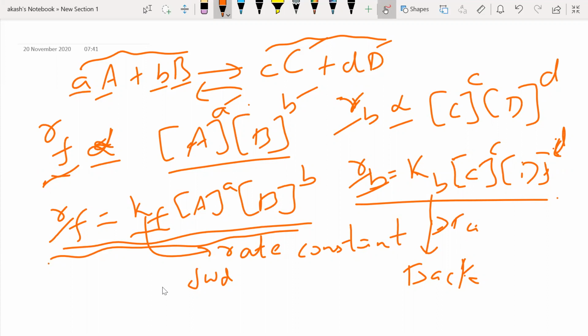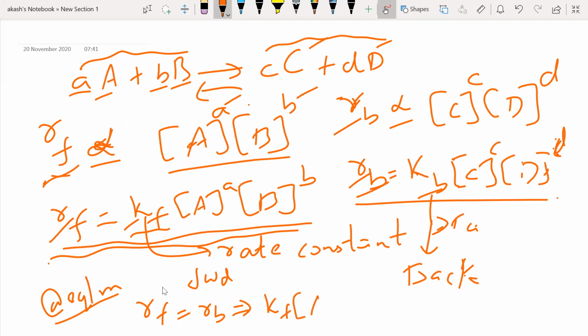So what will happen? Let me try to squeeze it down here itself. RF will be equal to RB, and that will indicate that this and this can be equated. On and only at equilibrium, do not use this for any other condition. Only when the reaction has come to an end will RF be equal to RB. So that indicates that KF into A power A into B power B will be equal to KB into C